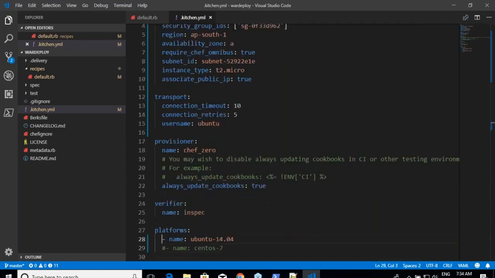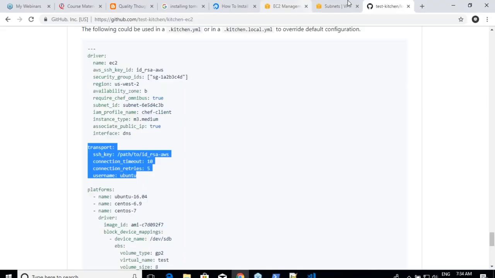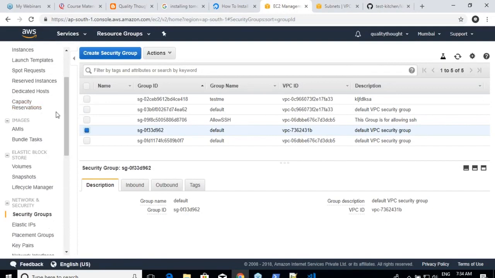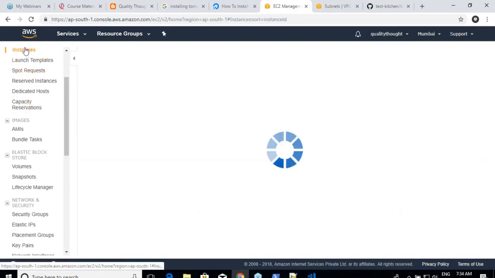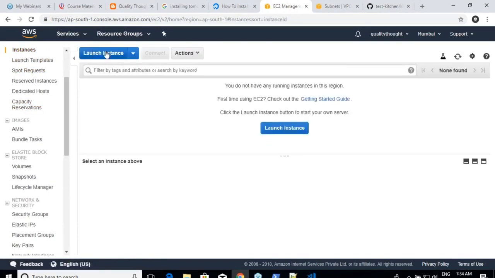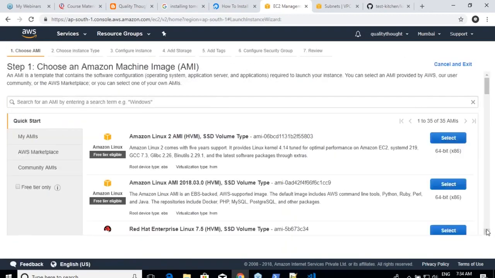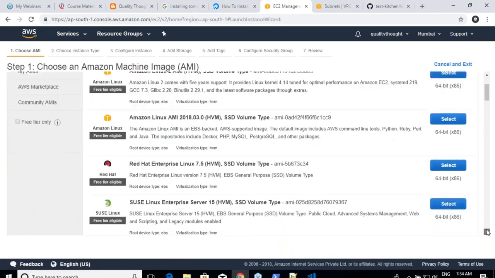I'm looking at Ubuntu 14. If you want to be very specific about an image, what you can do is click on EC2, instances. Say that I want to launch an instance. Over here, you will find Ubuntu 14, yes or no?